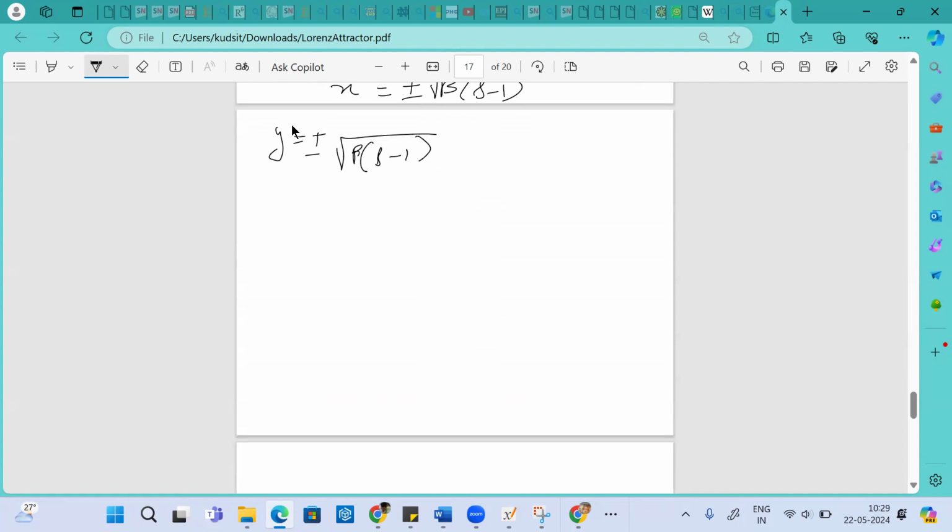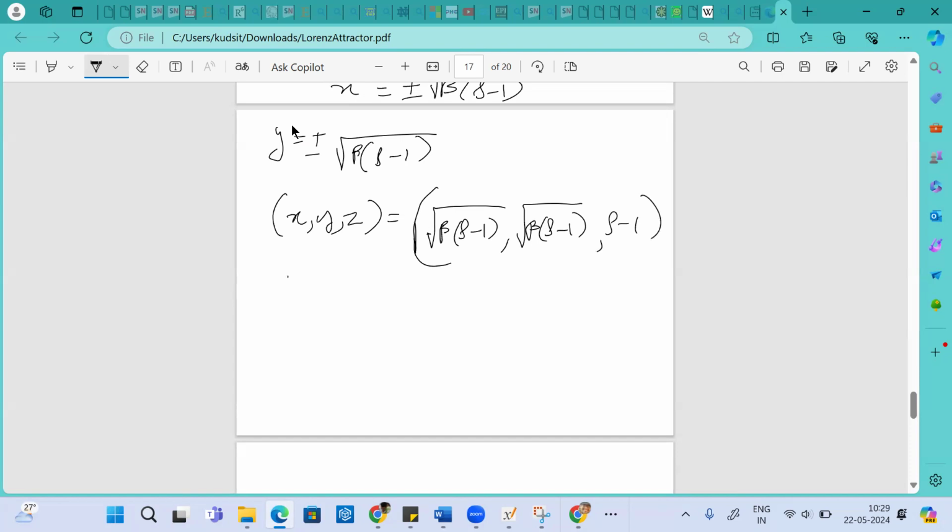Therefore, the second fixed point will be, and the third fixed point will be negative root of beta into rho minus 1, comma negative root of beta into rho minus 1,